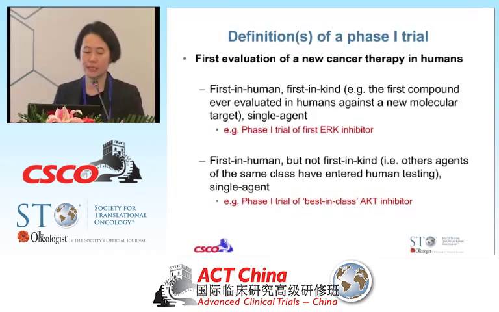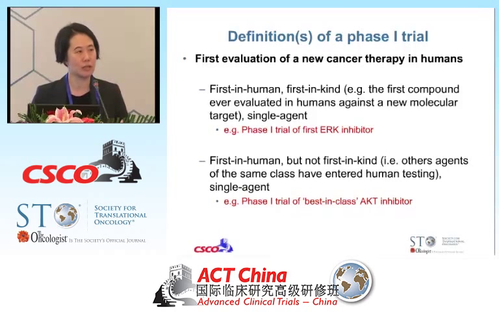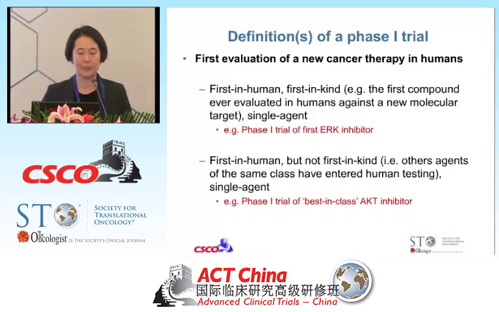So in this slide, the first examples I've given are phase 1 trials of a single new agent. It could be a very new agent in the sense that it's even first in kind. It's the first time you have a drug that targets a new molecule in the cancer cell that nobody has done before. And of course, that's exciting, that's novel, but it also means you have to be very cautious because you have no idea whatsoever what happens when you target a molecule that has never been drugged against before. Or it's a first in human, but it has already been tested by others out there, and you're trying to do a similar phase 1 trial, but it's still first in human of your compound.